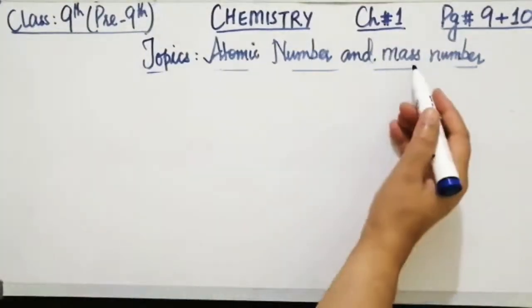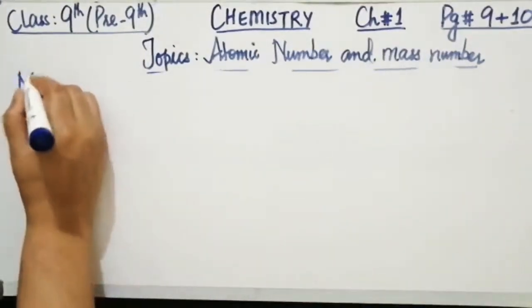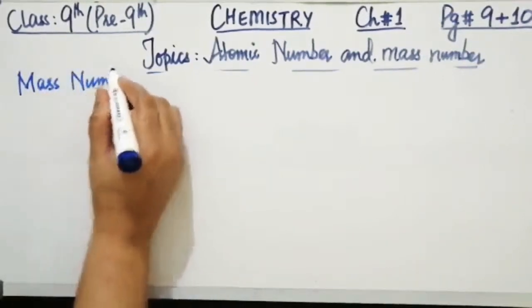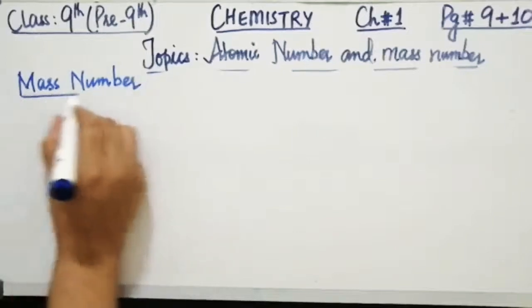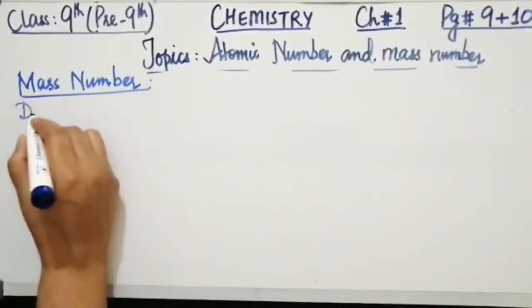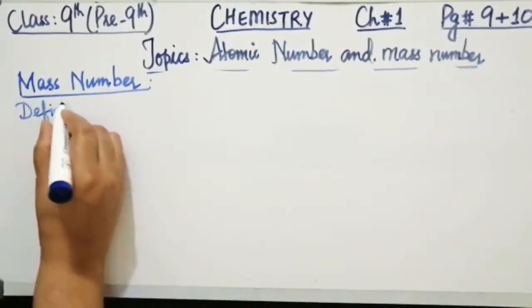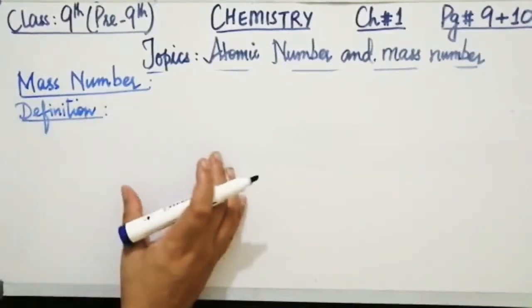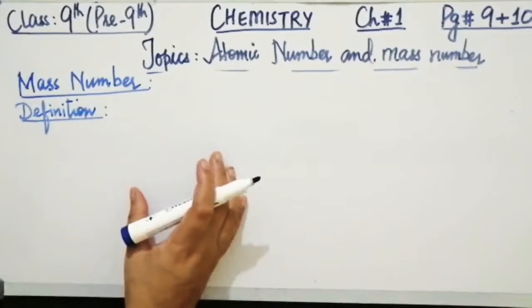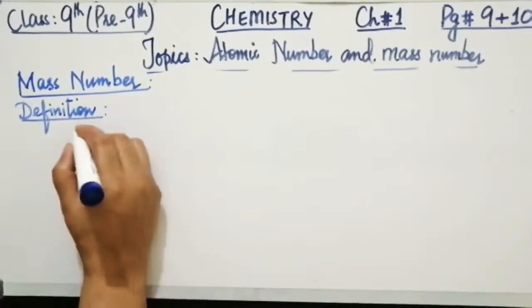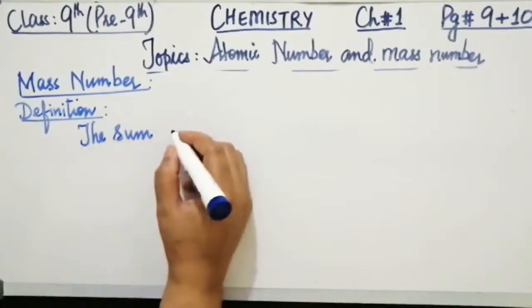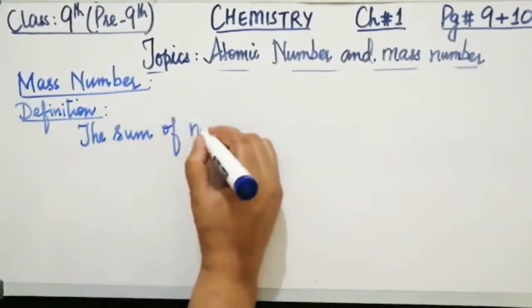Next topic is mass number. So here I am writing the heading, mass number. The first subheading of mass number is definition. This will become the first subheading. So what is the mass number of an atom of an element? It is basically the sum, meaning addition, of the number of